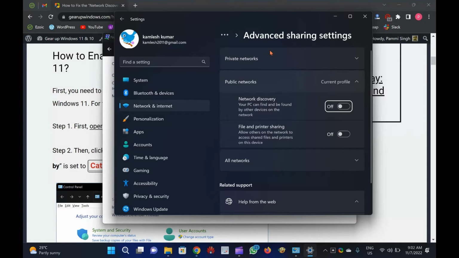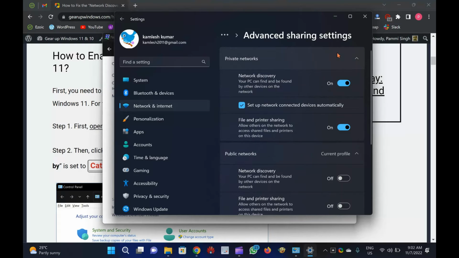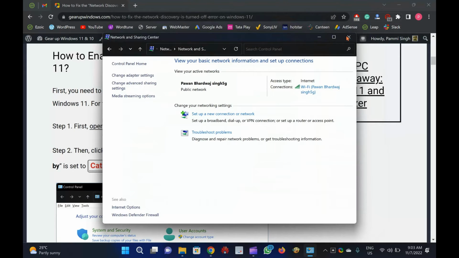Step 5. When you're done, the Advanced Sharing Settings page will open. Here, click on the Private Networks tile to expand it. Step 6. Here, turn on the toggle switch for network discovery. Check the option, Set up network connected devices automatically. You need to also turn on the toggle for file and printer sharing if you have issues with sharing your printers